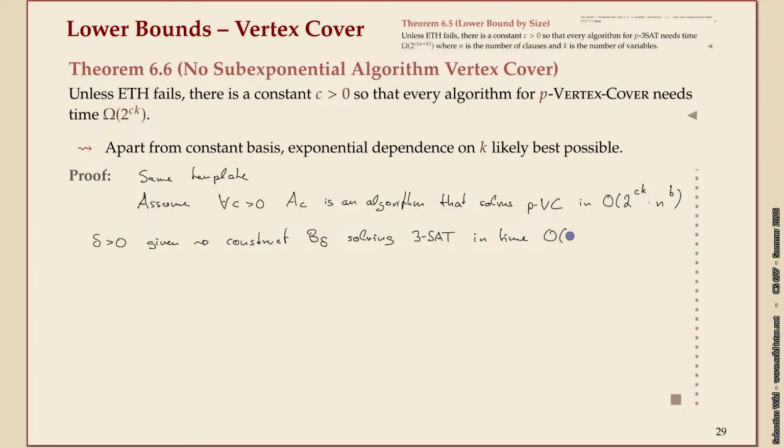And this time we're only aiming for delta times n, the size of the formula. And from the previous theorem, we know this would already contradict the exponential time hypothesis. And so here, this is actually much easier. This time we're given